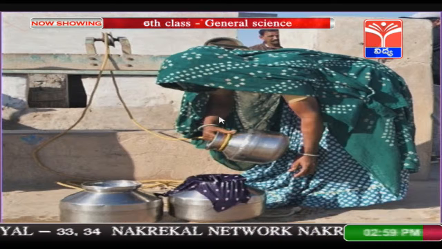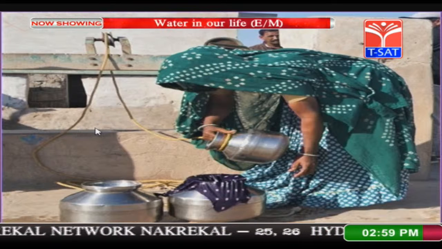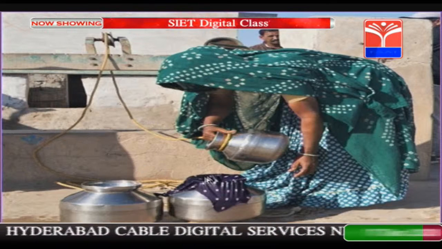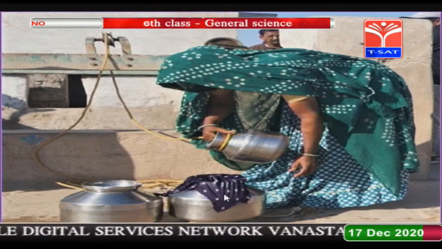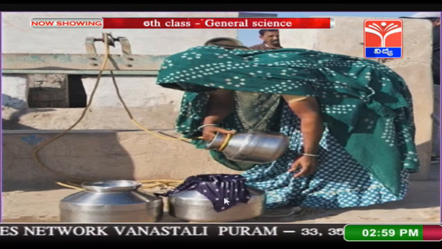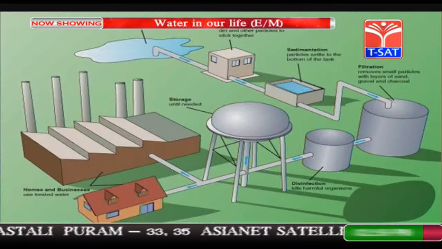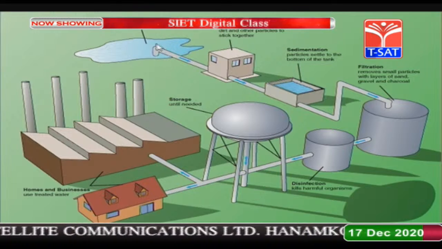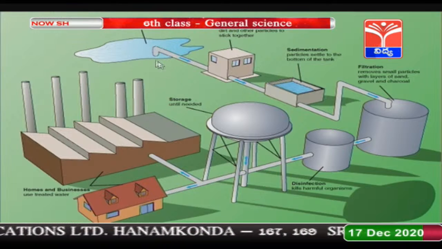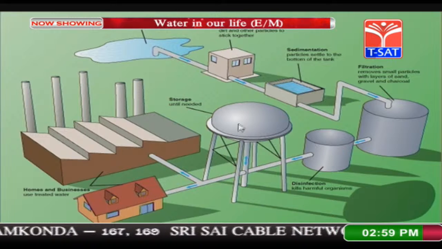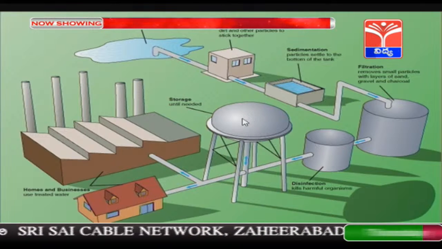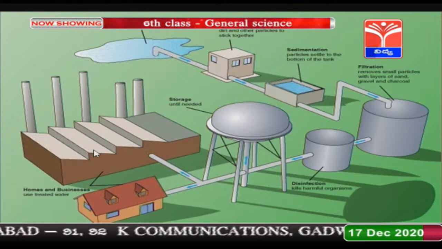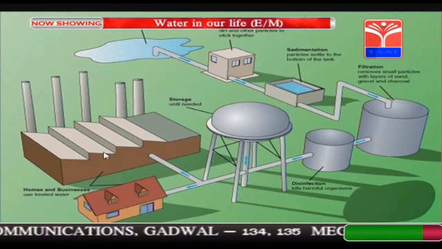They used to collect water from the wells. You see this is a well. From the well, the lady is collecting water and she is filtering it with a cloth, and this water used to be drunk by the people in the olden days. But what about the present days, children? Now, the technique has been developed, the water is collected from the tanks and it is being processed and then finally, it is stored in the tank here and from here the water is supplied to the houses as well as to the factories wherever it is required.